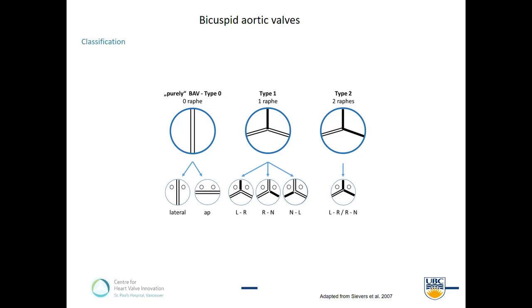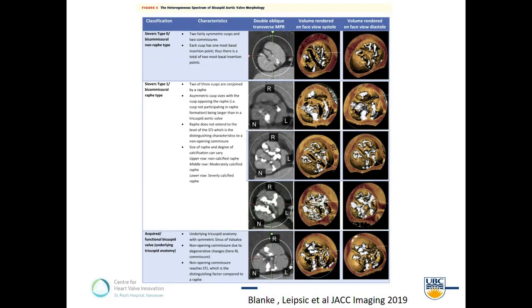When you think about it, very few things last in the field of medicine more than 10 years. And the Sievers classification, I think, has pushed us forward a lot, but if we don't look beyond it, it has the potential to actually hold us back. So if we assume that Sievers is the 11th commandment, that the only way you can have bicuspid morphology is defined based on the presence of raphe, then I think we're going to miss a significant opportunity to learn about what we feel are a spectrum of bicuspid morphology, variations of bicuspidity that may not allow themselves to be classified by the Sievers classification.